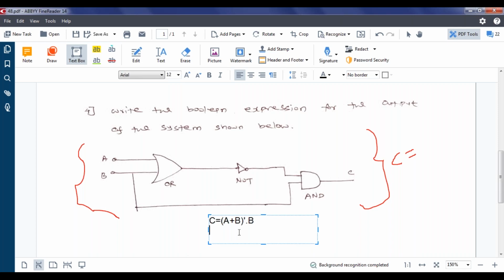Zero. Yeah, super. Zero is the correct answer, because we can simplify A plus B whole bar as A bar dot B bar by using De Morgan's law, into B. Next, if I multiply B with B bar, what happens? B into B bar is 0. So 0 into anything is 0. So the final answer is 0, which is the book answer. Good, I think most of you found this answer.